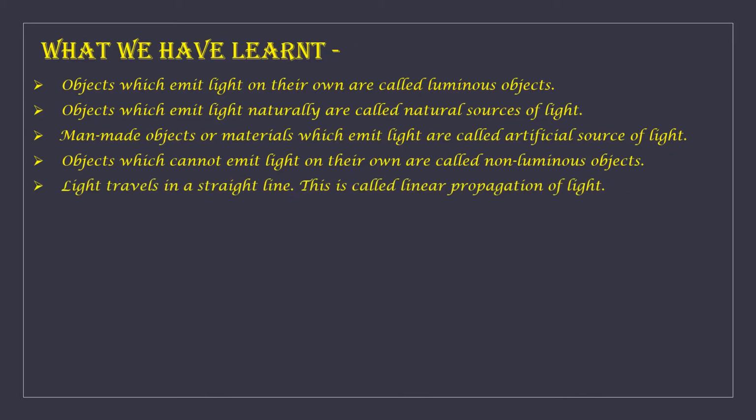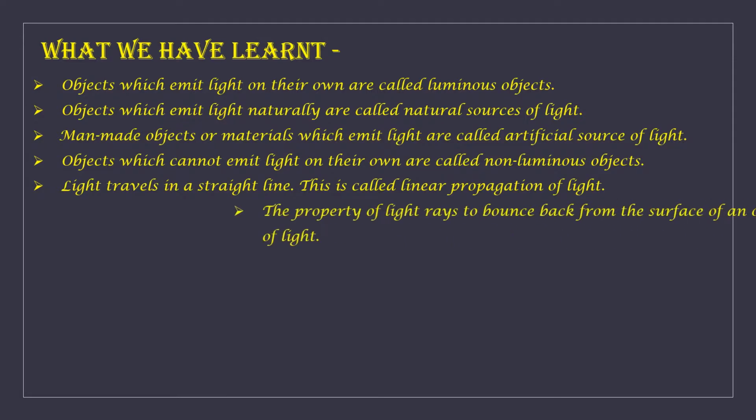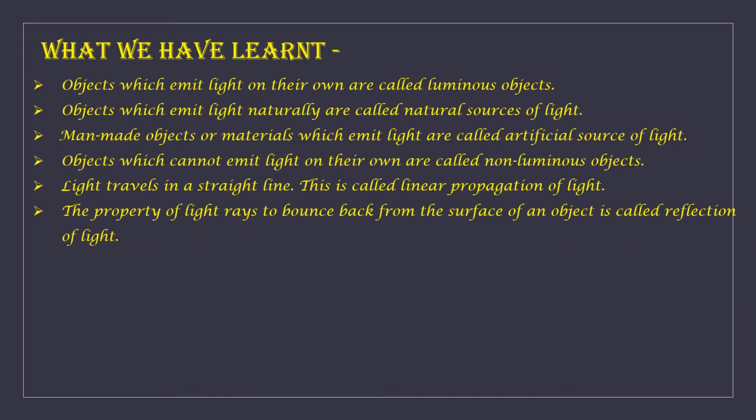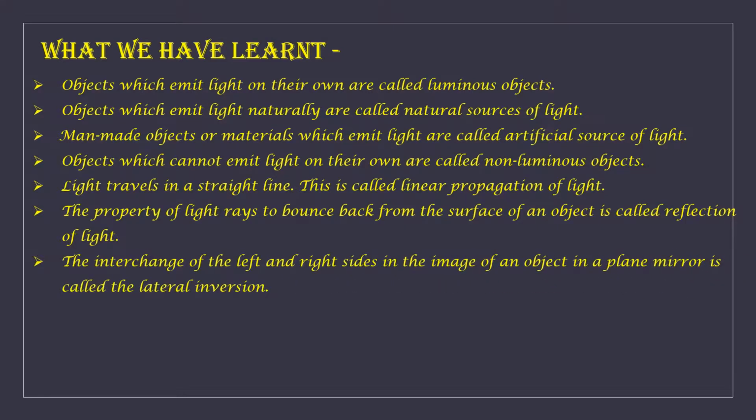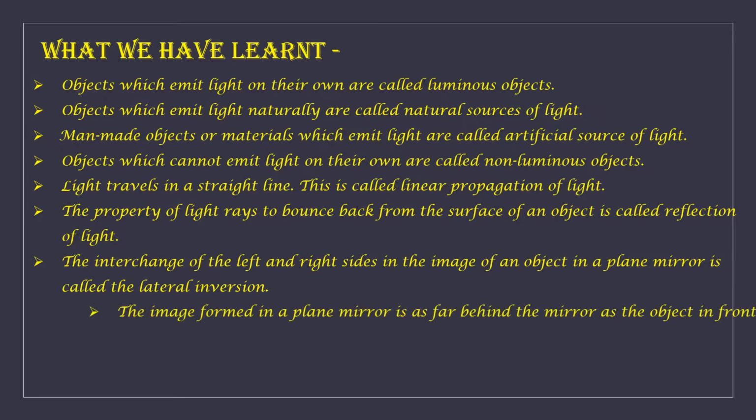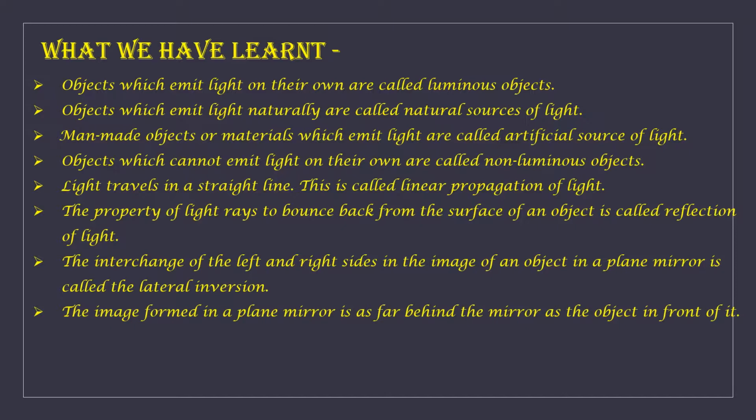Light travels in a straight line and this is called linear propagation of light. Then the property of light rays to bounce back from the surface of an object is called reflection of light. The interchange of the left and right sides in the image of an object in a plane mirror is called the lateral inversion. And the image formed in a plane mirror is as far behind the mirror as the object